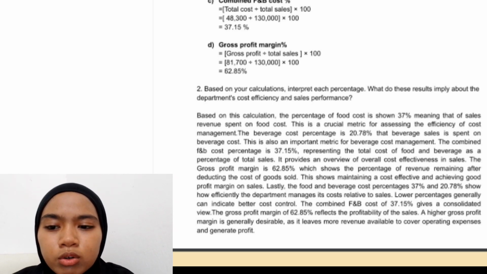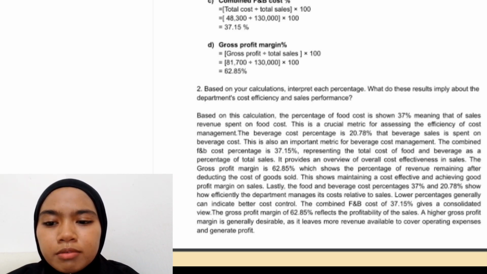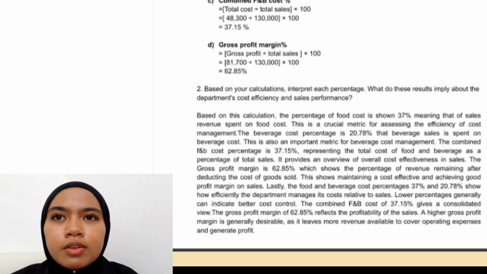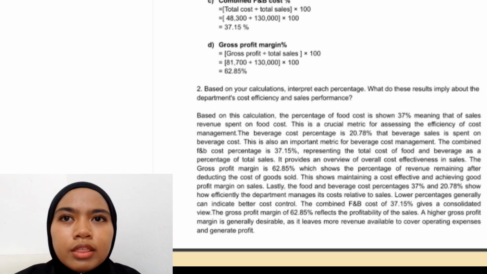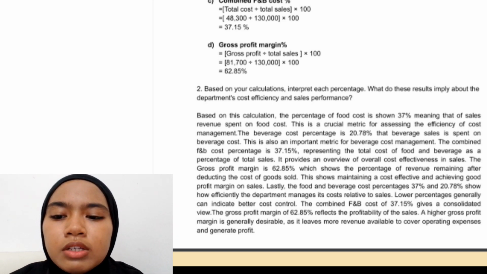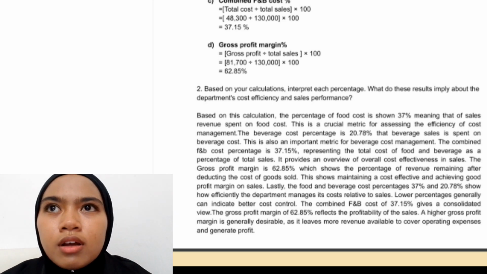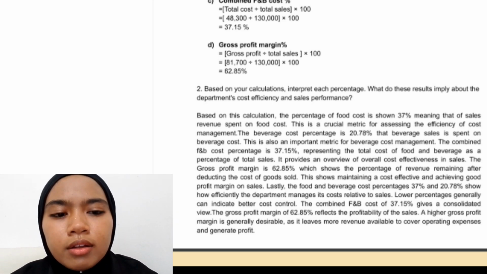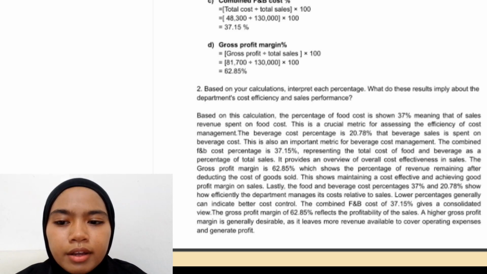And gross profit margin is gross profit divided by total sale multiplied by 100: 81,700 divided by 130,000 multiplied by 100